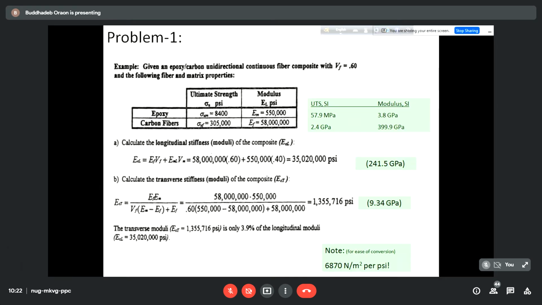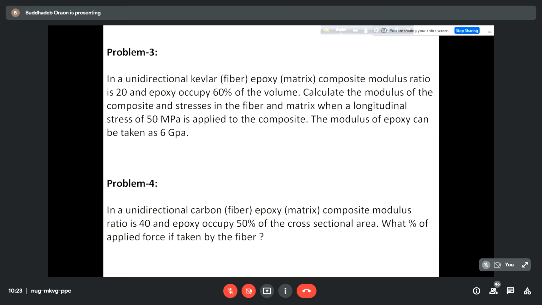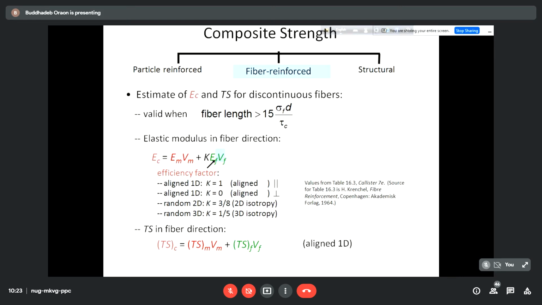So here are some problems. These are very simple problems. I need not discuss them. Only these equations are to be used to calculate all this. Going forward, here I have also added another problem, similar to the simple problem. You can just see it and solve it yourself. Problem 3, problem 4, similar types of problems. Now let us come to this,